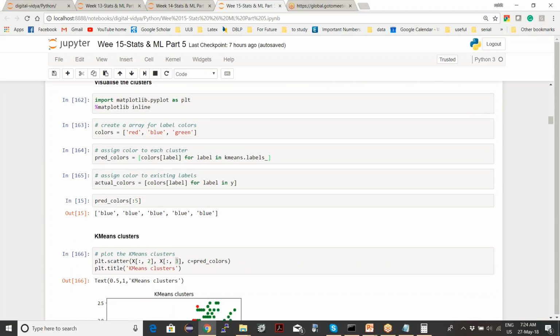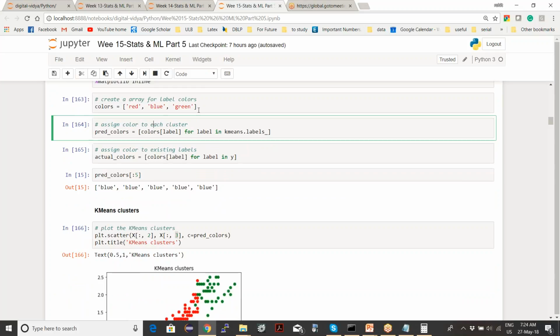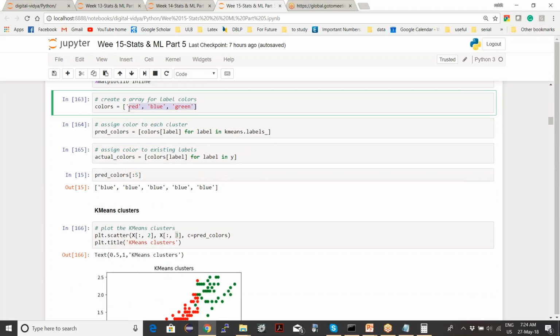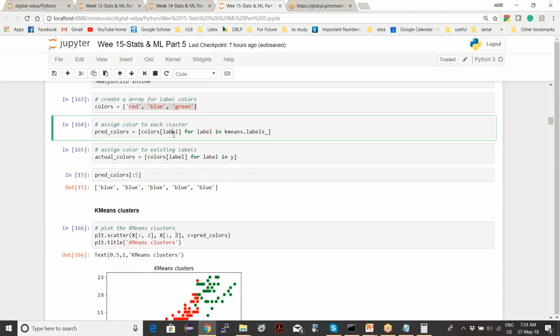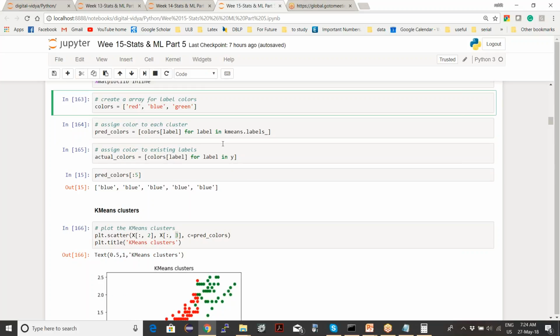Assigning color to the group, we did it here. It's straightforward. We created three colors called red, blue, green, and for each group we assigned, 0 is red, 1 is blue, 2 is green.